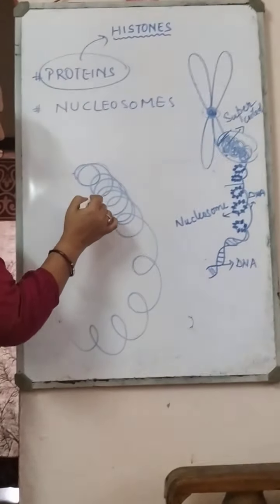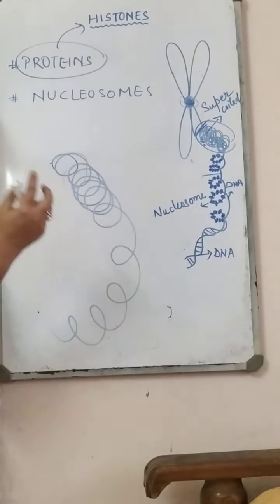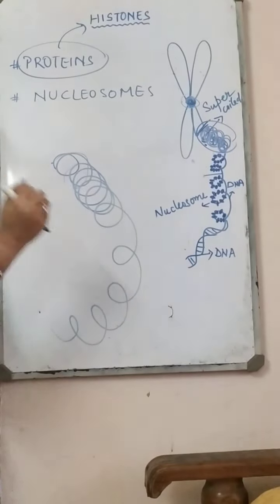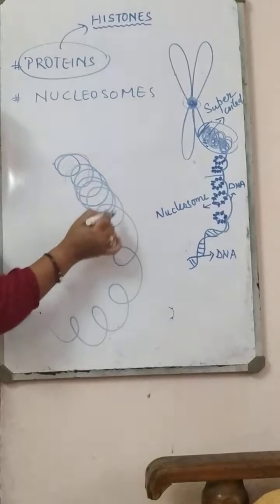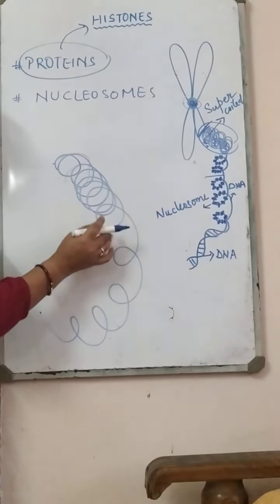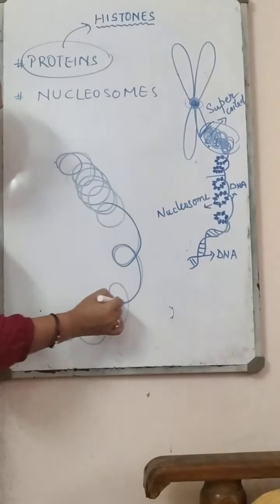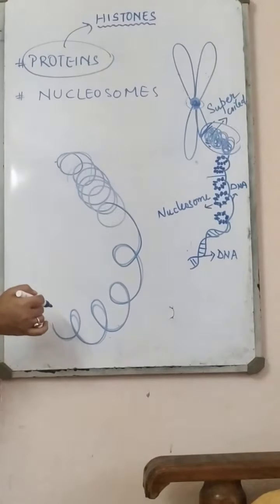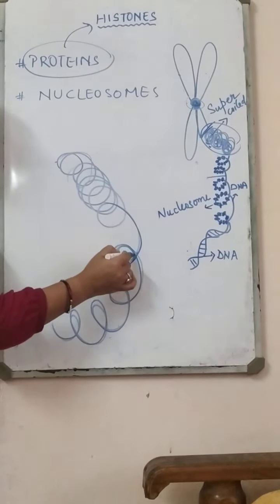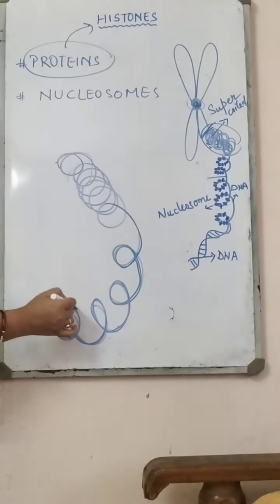And what are these supercoiled structures? This whole thing is DNA itself. But to this DNA, something gets looped and attached, and those are called the histone proteins. So you can see here extensively coiled DNA is present. But if we stretch it out, we can see that this whole is DNA. But at a junction, there are certain structures. This is DNA getting twisted or looped, again DNA getting looped, converted into twisted and loop-like structures.